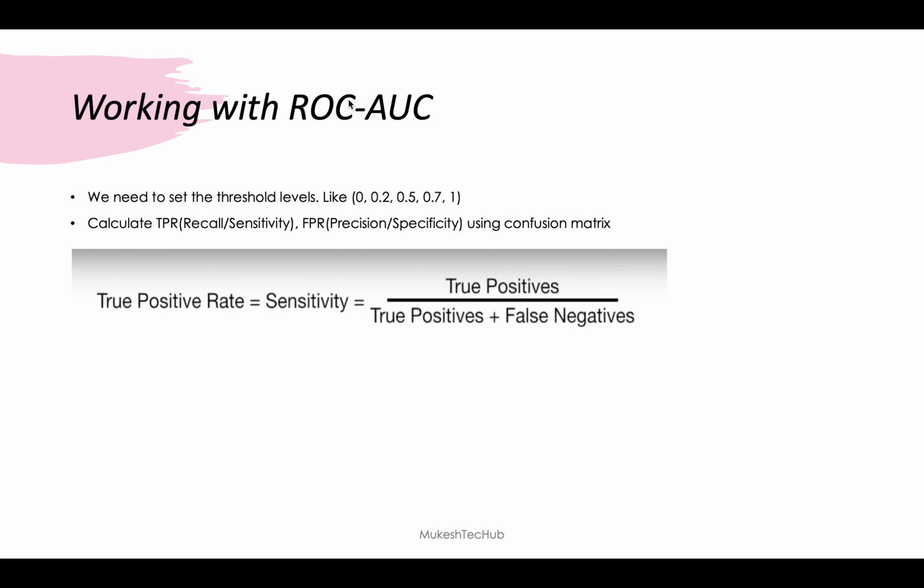So here it says actual was positive but model predicted as negative. Suppose you have coronavirus disease, but when you went to the hospital and got the report, you can see you are negative. So initially you were positive, but later you got negative. So the actual value was positive, but the model predicted negative.